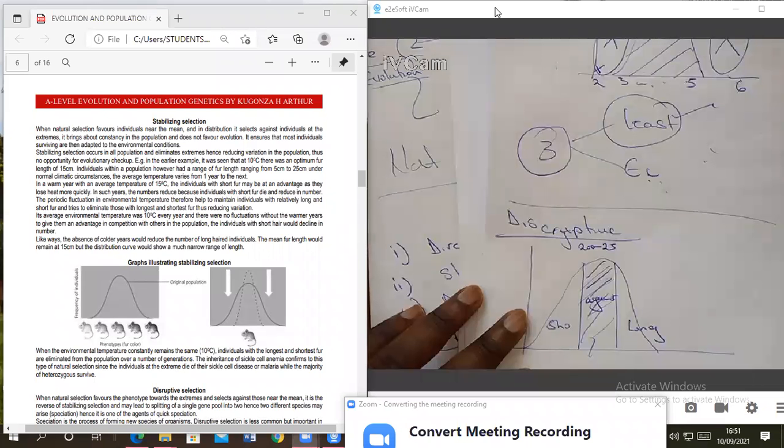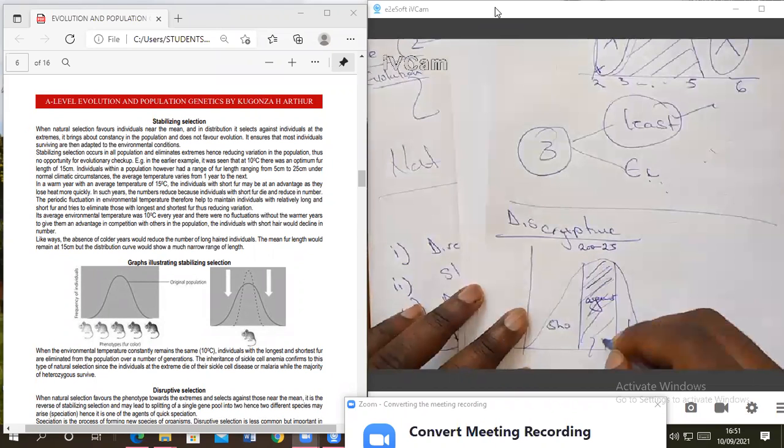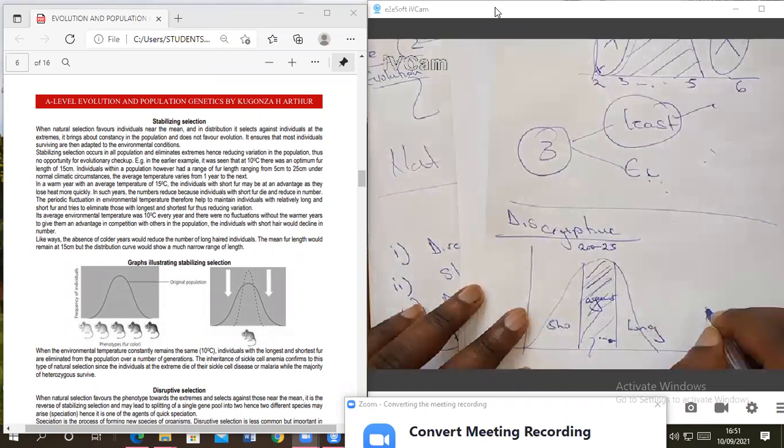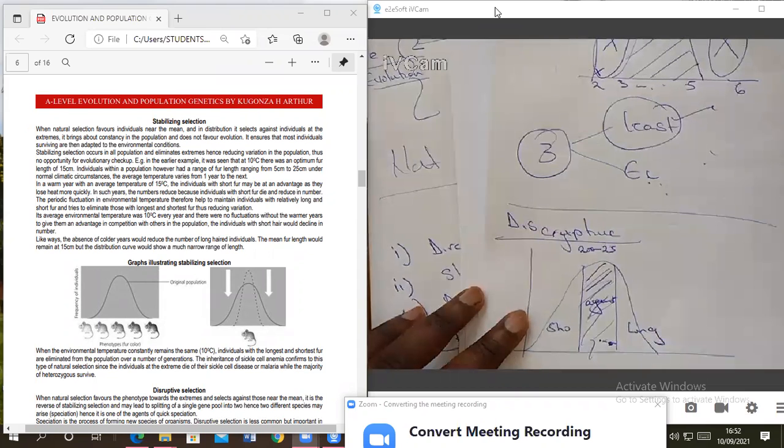Under disruptive selection, the individuals who have intermediate characters are going to be selected against. Because here, under disruptive selection, the environmental conditions keep changing from one extreme end to another. For example,